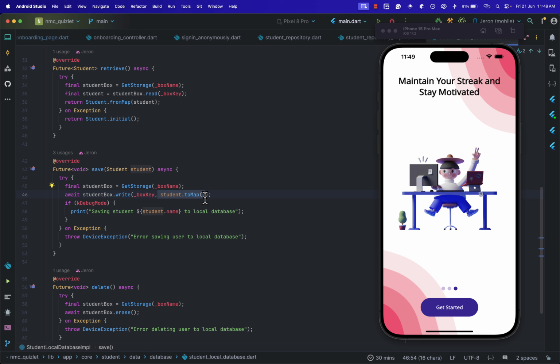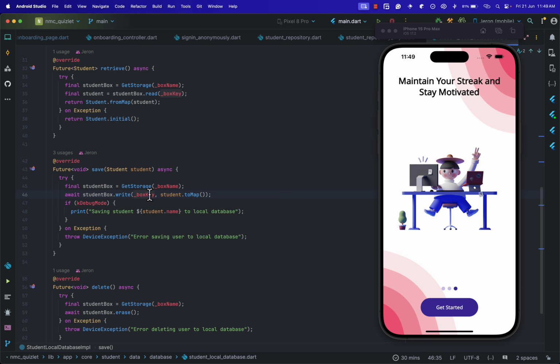So student.map is the kind of data I want to save locally to check whether someone has seen the onboarding or not. Yours could be just a boolean, maybe true. It doesn't really matter. All you need to do is, when the user performs the action in your app that you recognize as seeing the onboarding, save a state that indicates that the user has performed that action. So in my case, I just write to my local database or local storage,